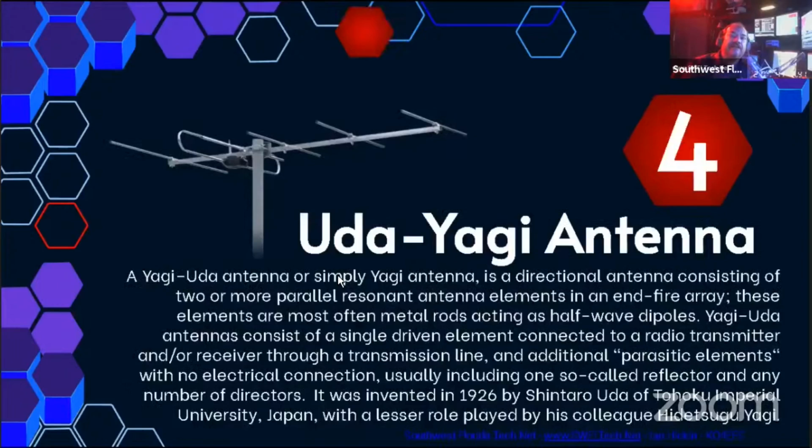All right, now let's get into the Uda-Yagi antennas. These are my favorites, of course. This gives you directional. The directional gives you everything. This increases your gain. It increases not only what you hear, but it increases your ability to send out. And that becomes very important